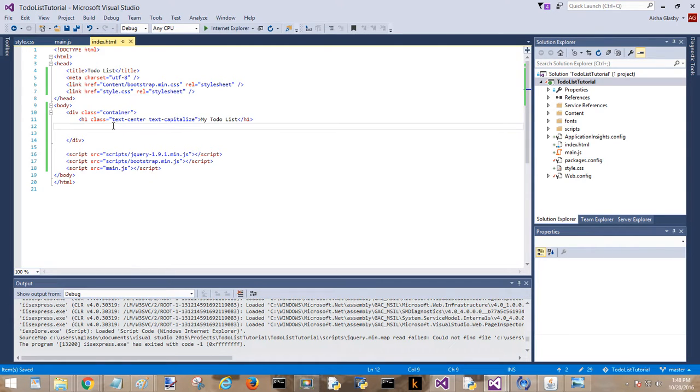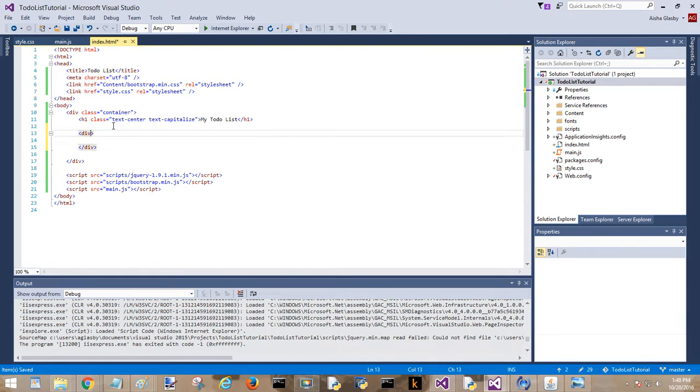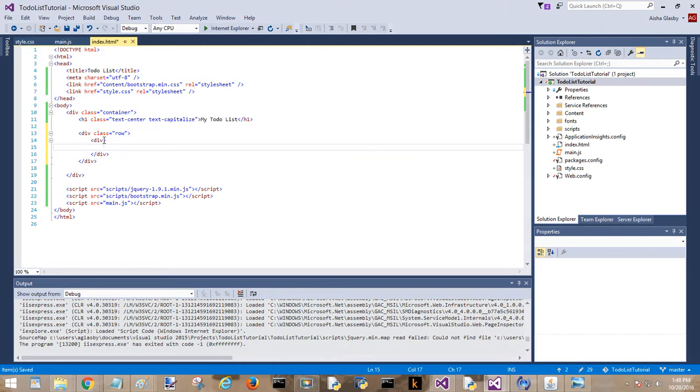And then we'll create another row, and we will put our items in a well,